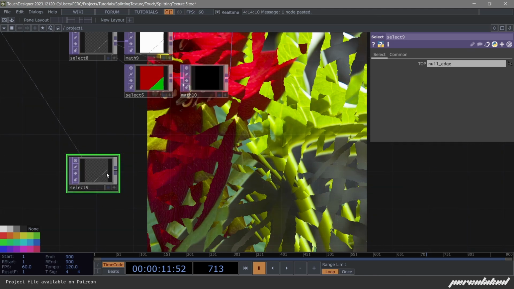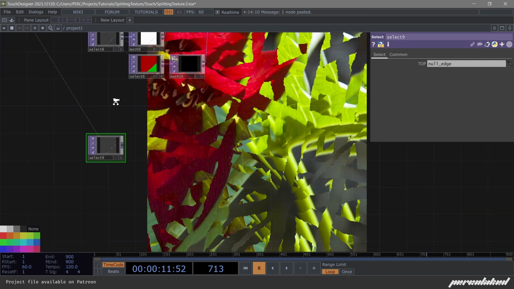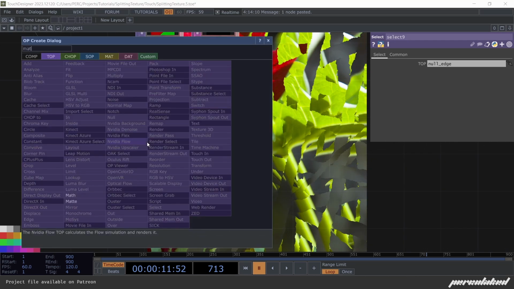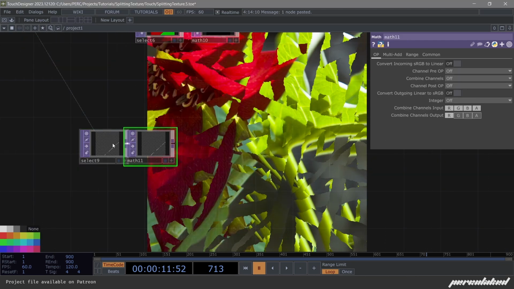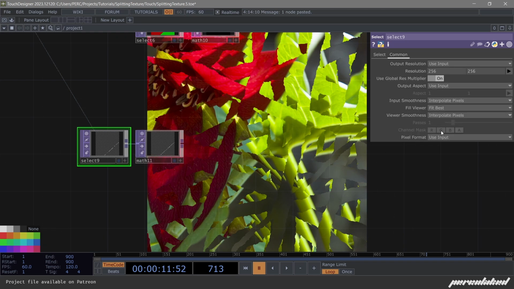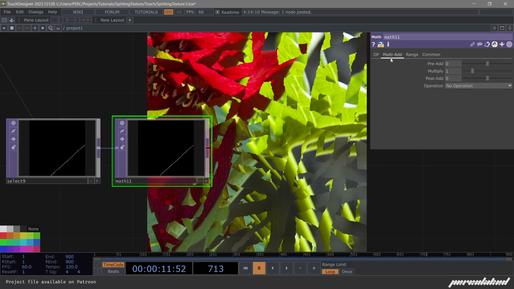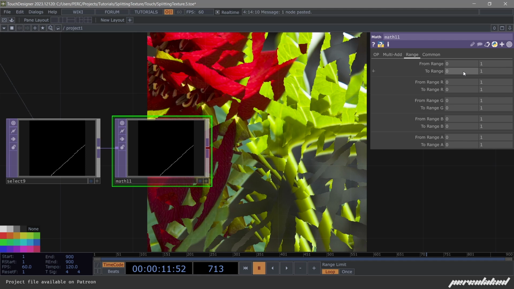So I'm gonna grab the edge, the select here, and let's do some math. I'm first gonna deselect. I'm gonna change the pixel format to mono because we don't need the other channels, and let's change the math here. Let's invert it,